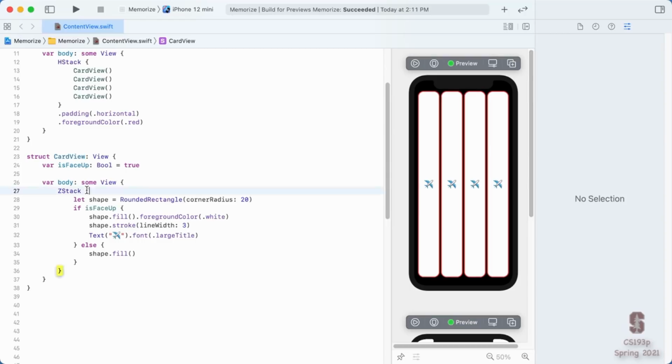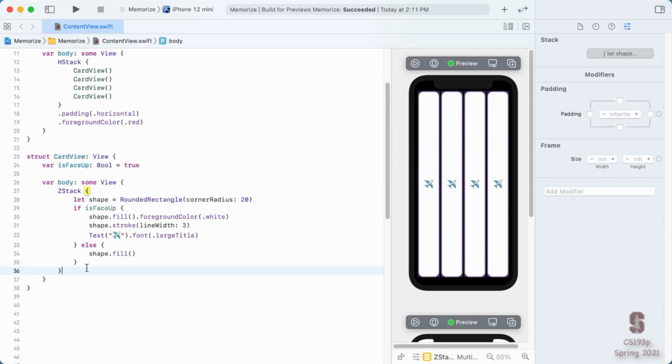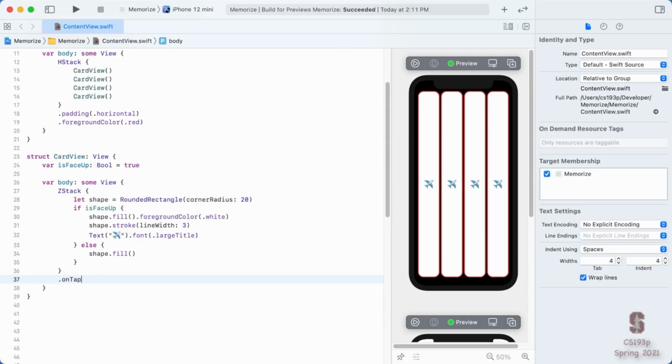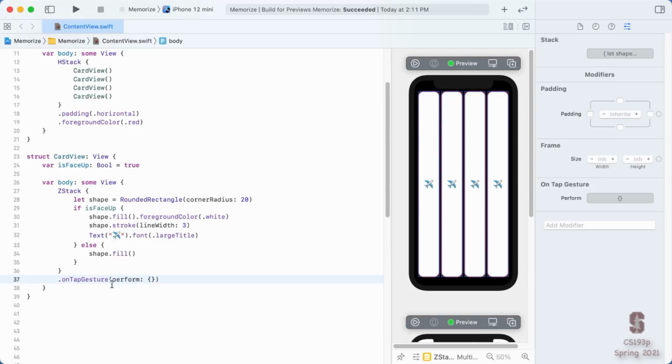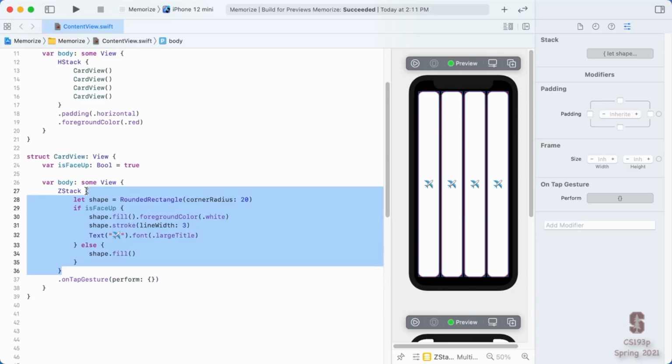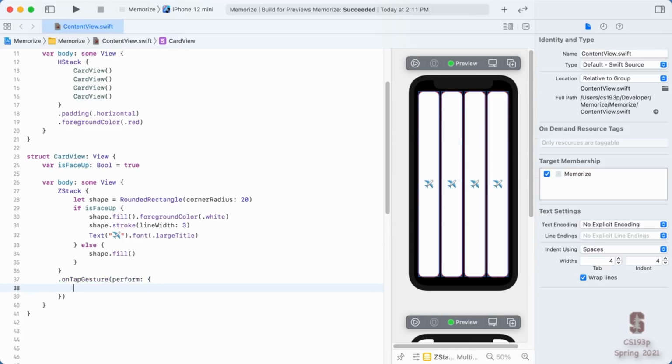You can do that with a view modifier. So I'm going to add a view modifier to the ZStack. My ZStack represents an entire card. It's called onTapGesture, and it takes one argument, which has the perform label here, and the argument is a function. Now this, again, surely you're not surprised to see functions as arguments at this point. But this function, it's not a view builder or anything. We're not making a list of views or a Lego bag here. Here we're just talking about a regular function where we can do anything we want.